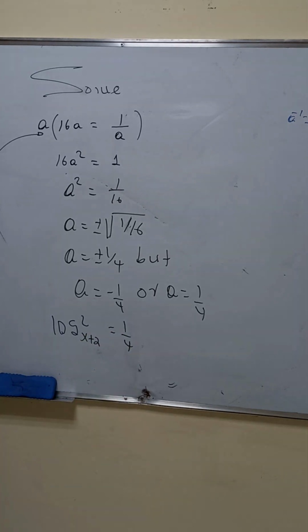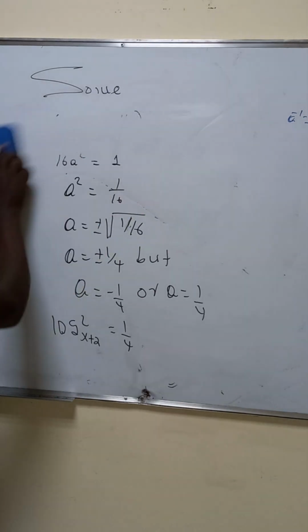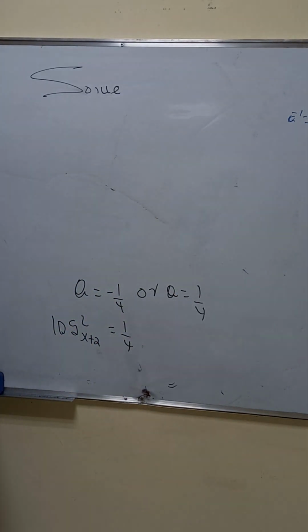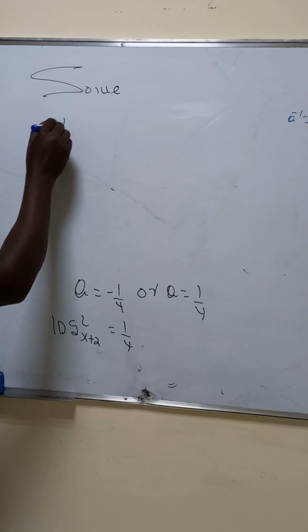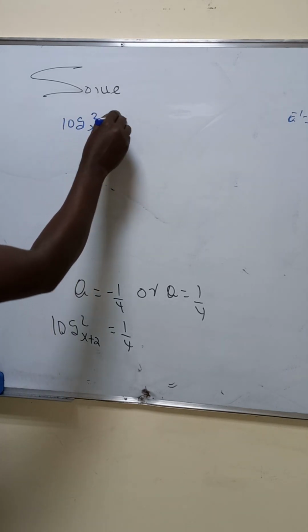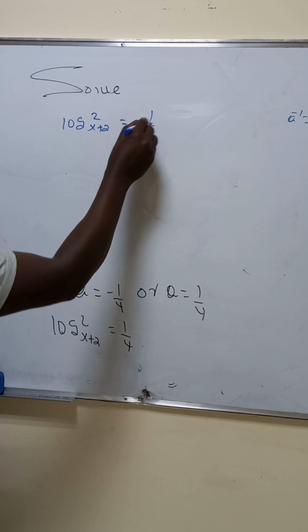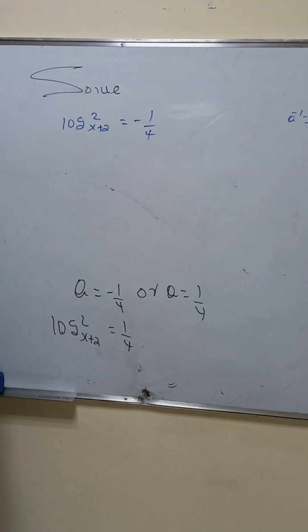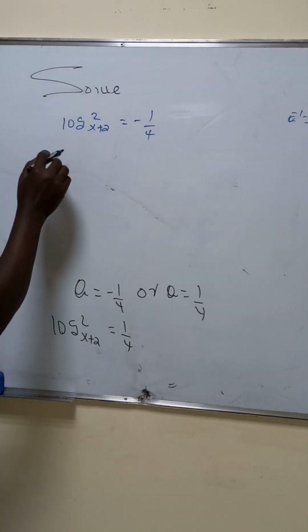Let's look at what happens. Now our solution will be when the logarithm of 2 to the base x plus 2 is equal to, let's start from negative 1 over 4. So when a is negative 1 over 4,